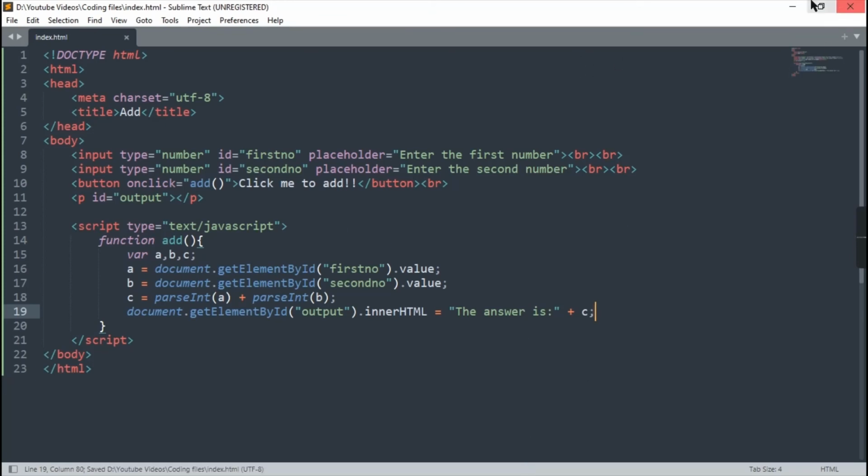And now let's check the output. I'll reload it. Yeah, so this is the goodness of the br tag. This space is left due to the br tag. So now the placeholder, we'll get to know what a placeholder is. See, this "enter the first number" is a placeholder. I click it and enter some value 1. See, it disappears.